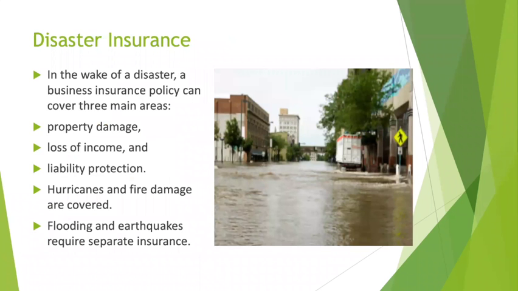A couple of last things to think about is disaster insurance. This is a type of insurance that will cover for major disasters, hurricane, fire damage, all of these other types of things, earthquakes. Before you start buying it, though, there's a couple of things to think of. The region that you operate in. Obviously, there are some regions of the country that are more prone to what we consider natural disasters. I live down here near the coast, and we have hurricanes.